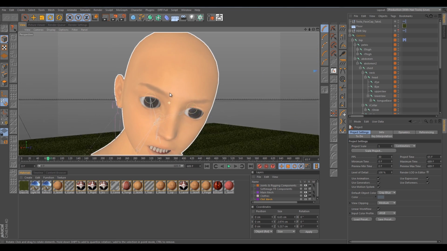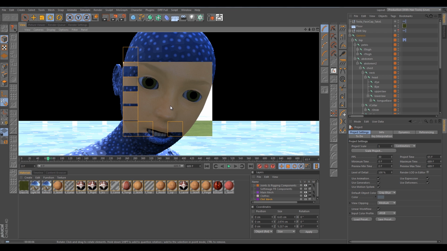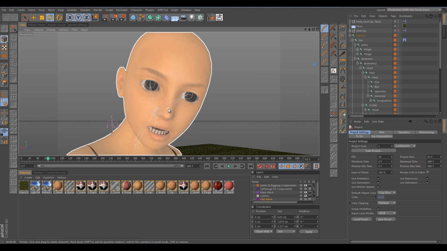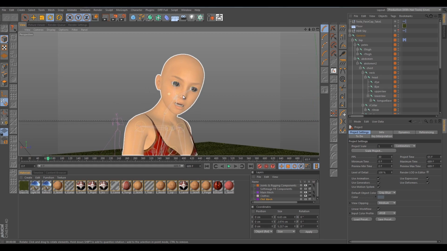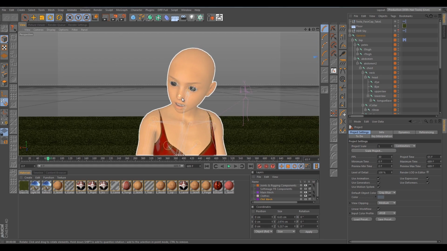We take a look at her face here. That's kind of creepy. But if we render this and let it go through, we've got a bit of detail here in the face, but we don't really possibly have as much detail as we could. And even if we do, as we'll see in the next chapter, the layout of the UVs are kind of